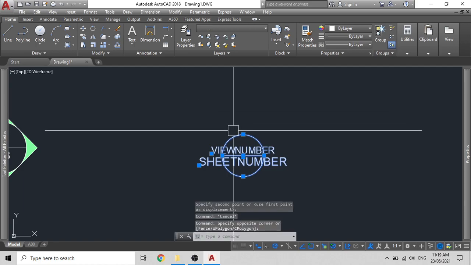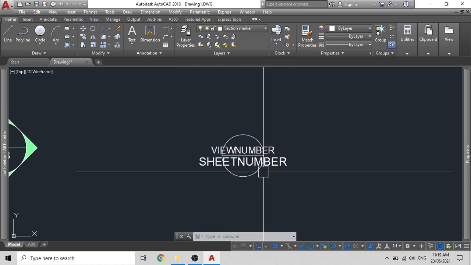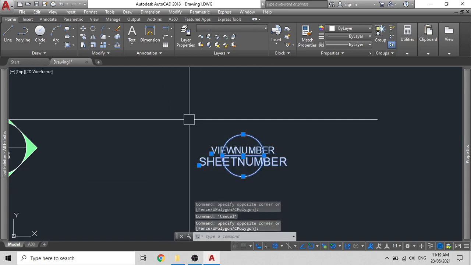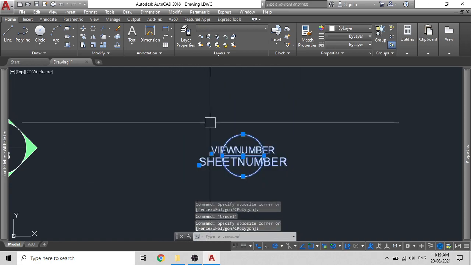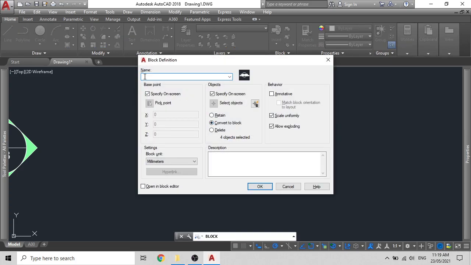Select all of these. Ensure that they are in the callout layer, or you can just create a block of them. Select all of these. Type B for block, press enter, and write here callout block.